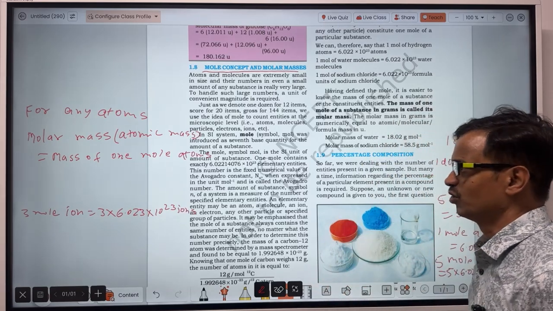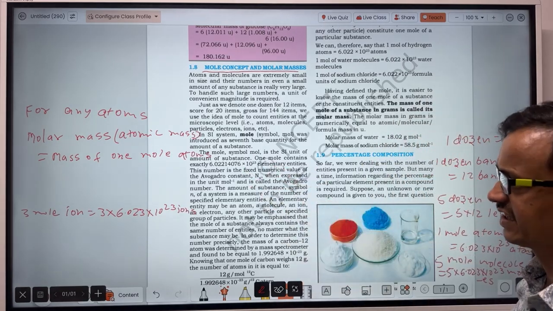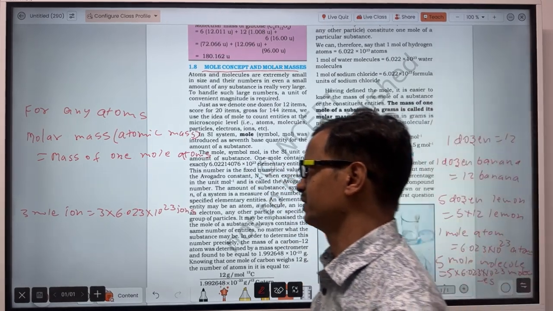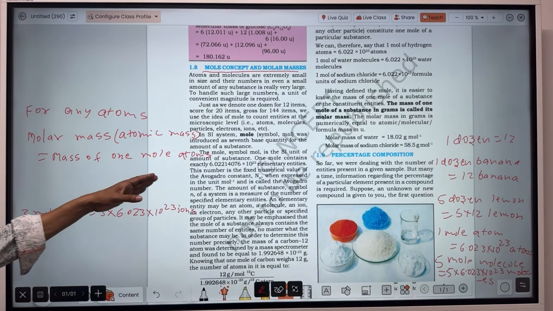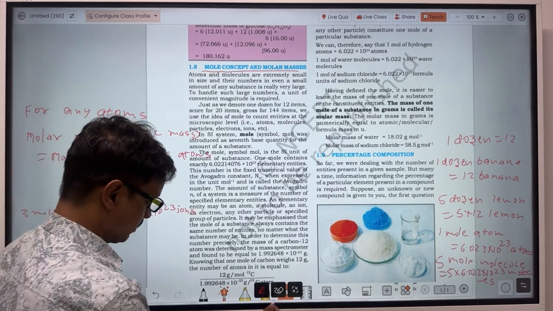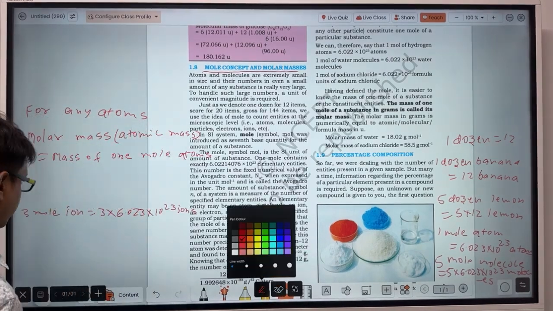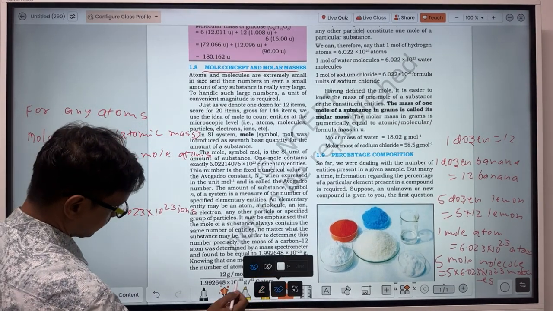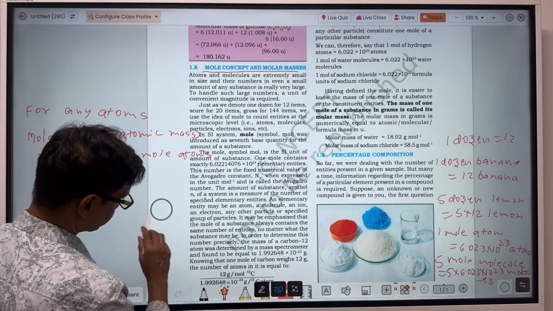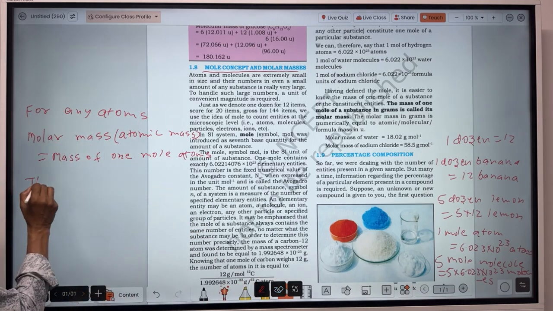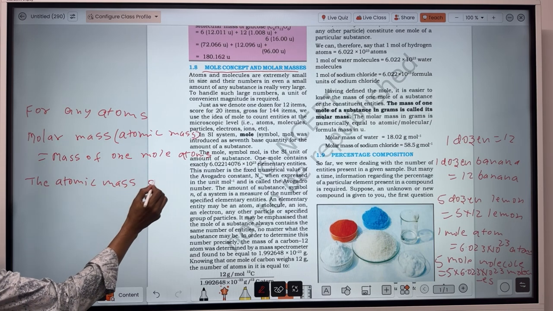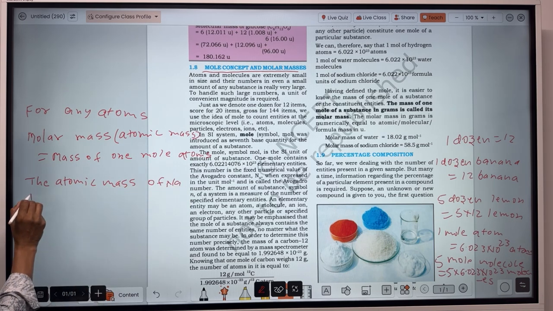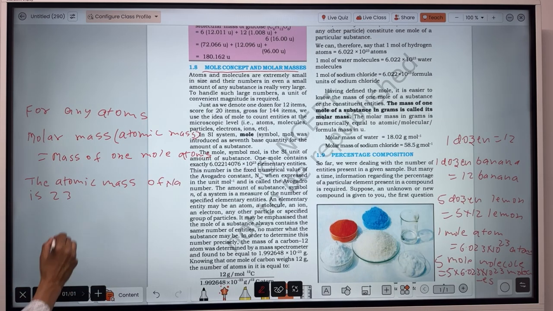Now molar mass. If you have to find the molar mass of any atom, it will be equal to its atomic mass, that means the mass of 1 mole of atoms. Suppose you already know the atomic mass of sodium is 23. That means